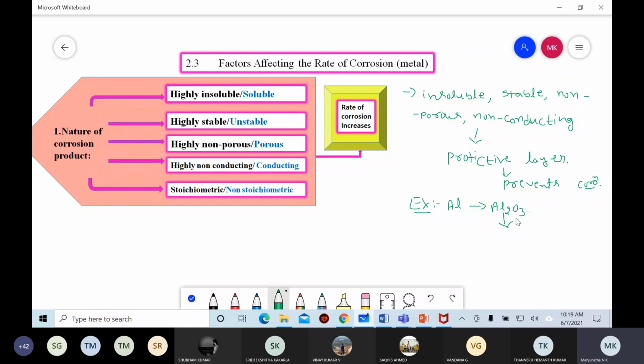At that level, only the corrosion of the metal is stopped. Here, the metal cannot be destroyed completely. But the second case is